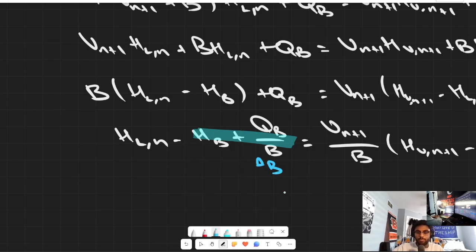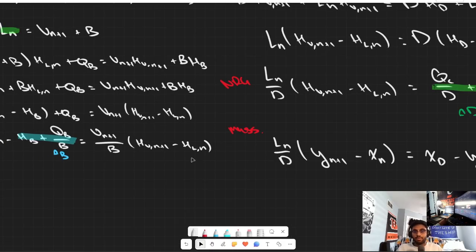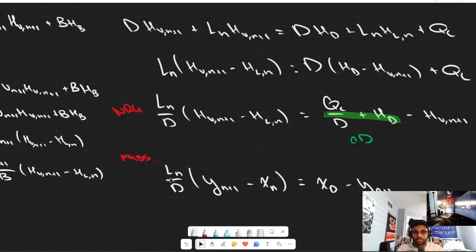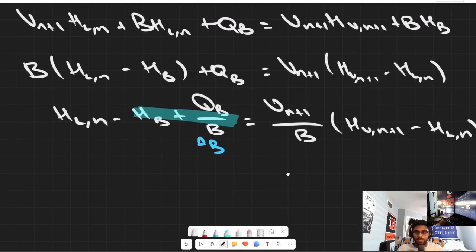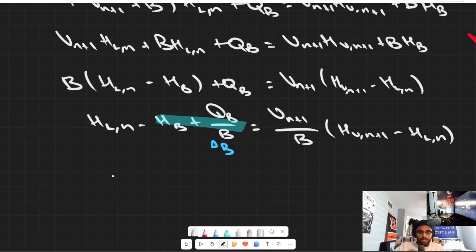Delta of the bottoms. And now I'm going to go ahead and pull my mass balance from this actually. Remember that last time when we did this, we had analogous equations for energy and mass balances. So I'm just following that same kind of ideology. So we have X